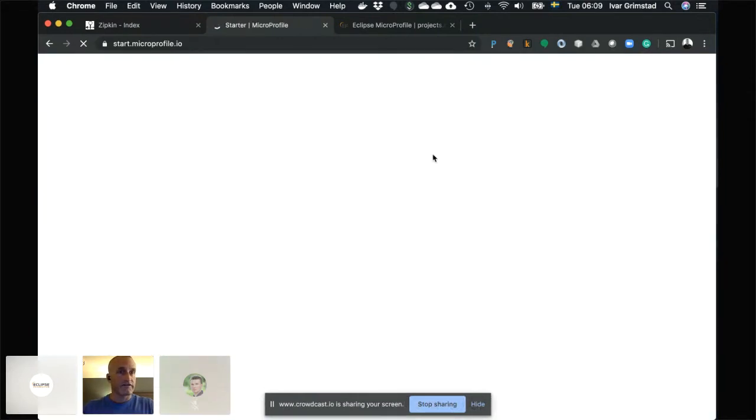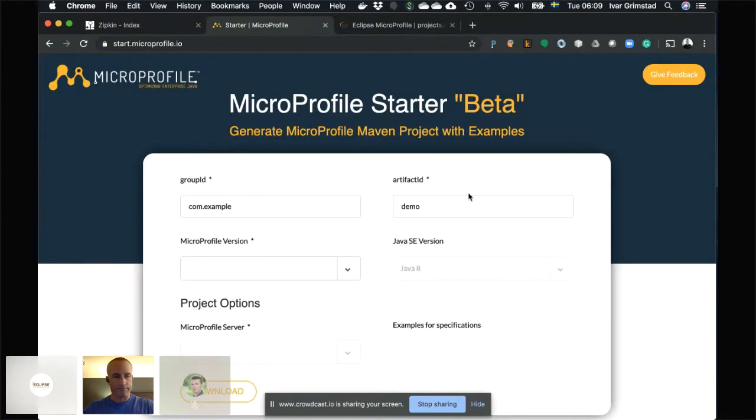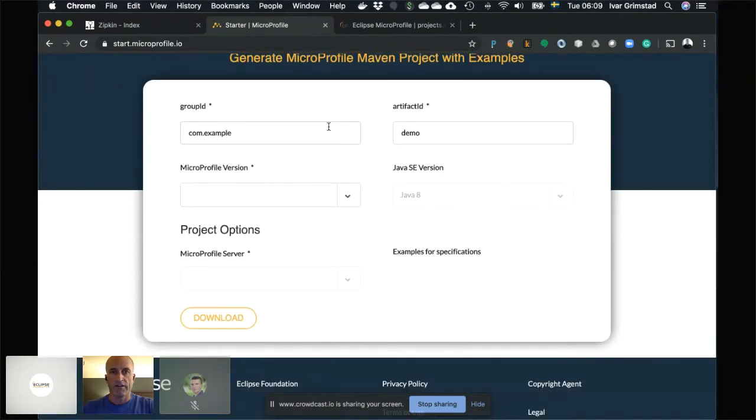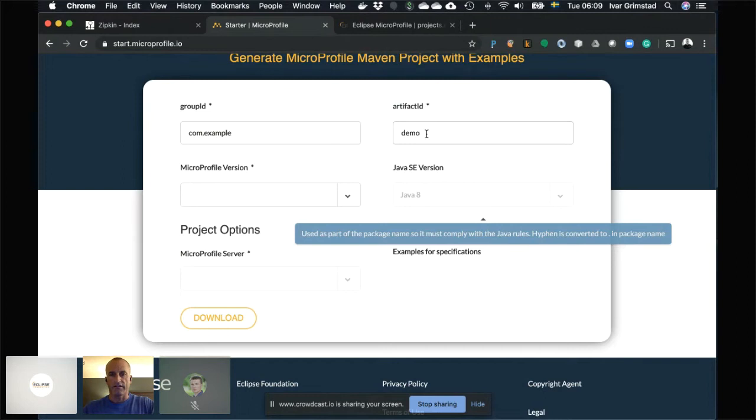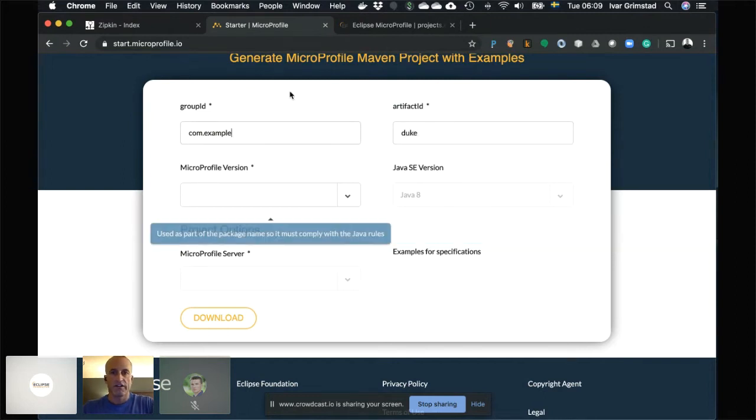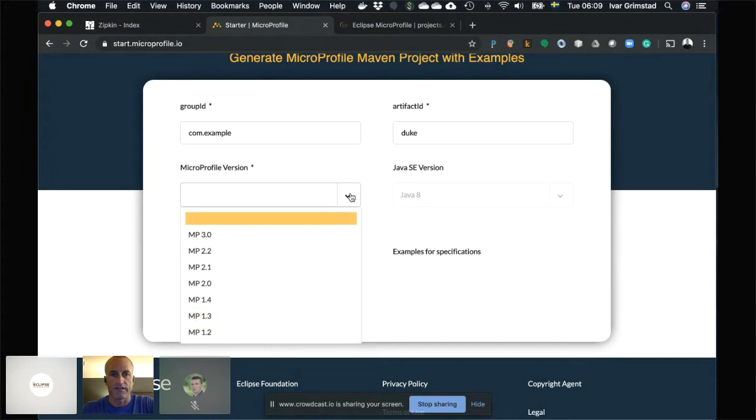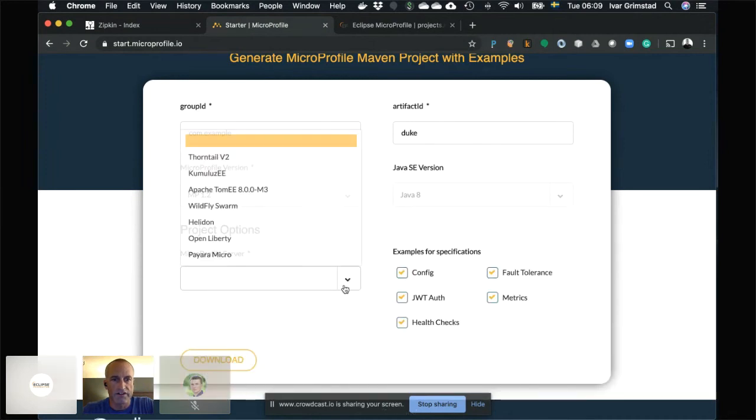And for those of you who have used the Spring Boot tooling for creating your web services, you're familiar with this. What you do here is you call your application, give it some Maven coordinates. You select the Java version. Some of them can actually support Java 11 and above now, but they've chosen to have Java 8 here. You choose which version of MicroProfile you want to run, and depending on which version you choose,